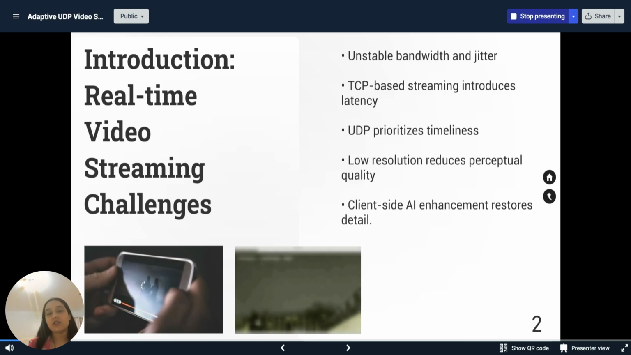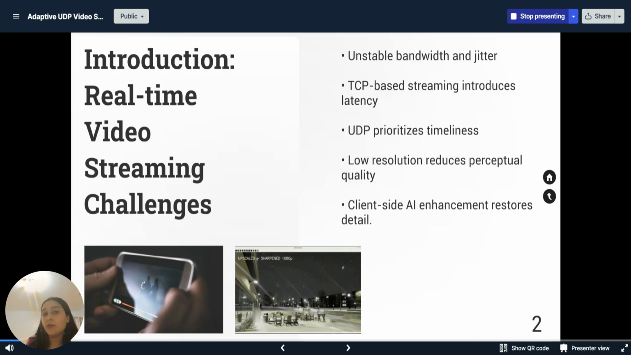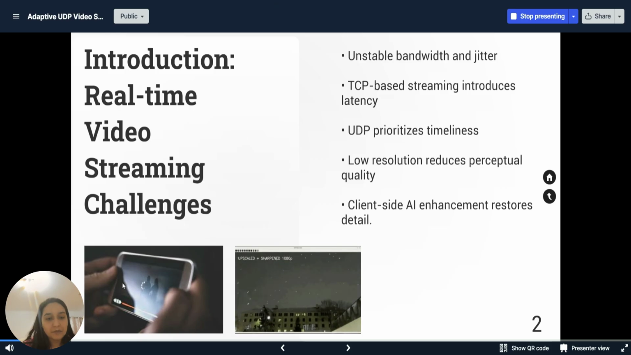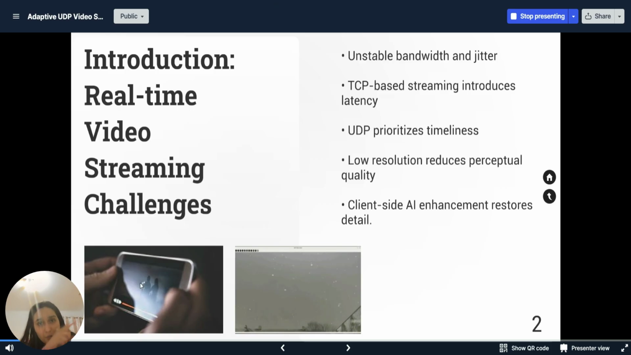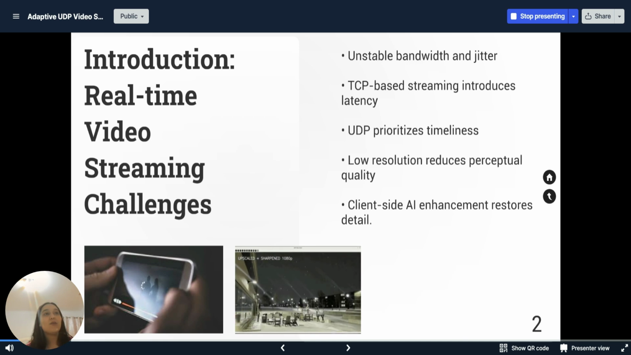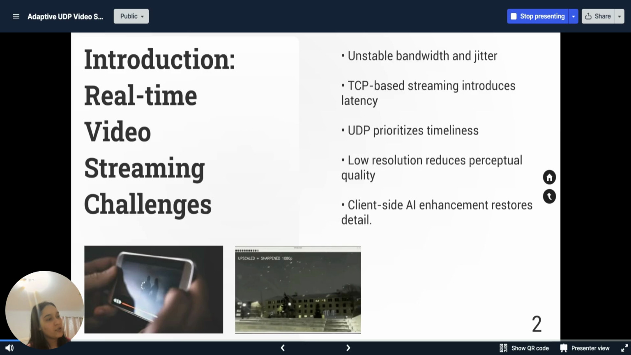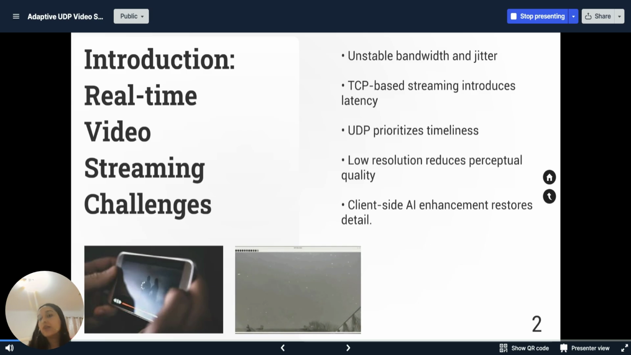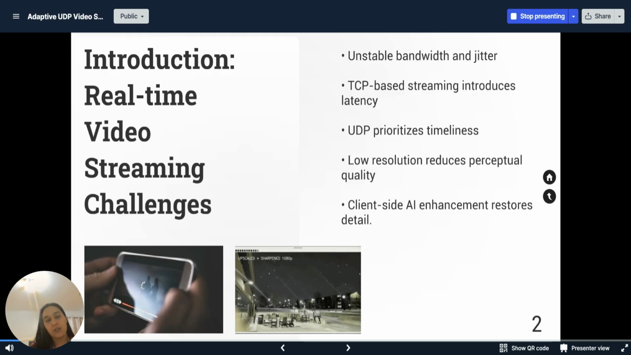Today we're watching a lot of videos. We see them over YouTube, we watch them on Netflix, and a lot of these big names. And because of unstable bandwidth and jitter, we get to see this moving circle that everybody hates, right? So, what's wrong? These approaches use TCP and DASH-based streaming, which introduces latency because of the reliability and